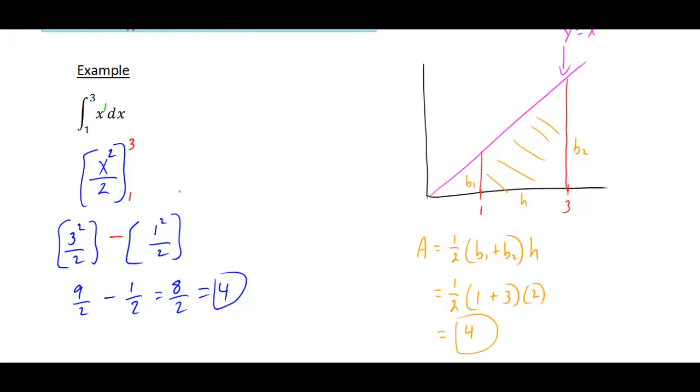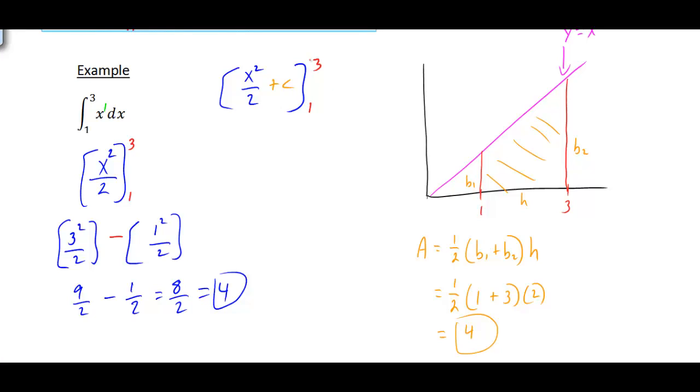Now, the reason I made you go through the limit process before is I wanted you to understand what's happening instead of just showing you, in a sense, this kind of shortcut with the integration. Now, if you notice here, we did not have to worry about adding on c. Because if you think about this for a minute, if we integrated here and we got x squared over 2, and if we were to add on a plus c, let me go back and emphasize this. If we integrated and got x squared over 2, and then we said, oh, we want to add on our constant c, we don't have to worry about this constant,